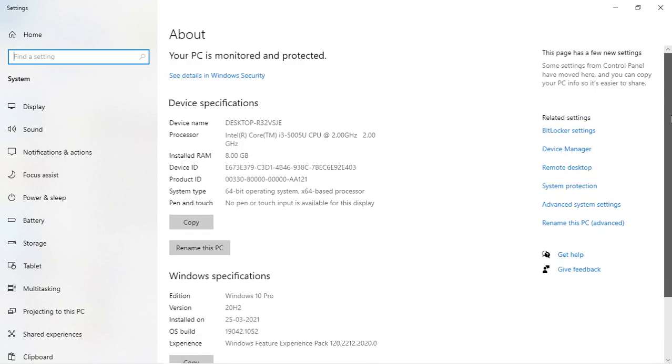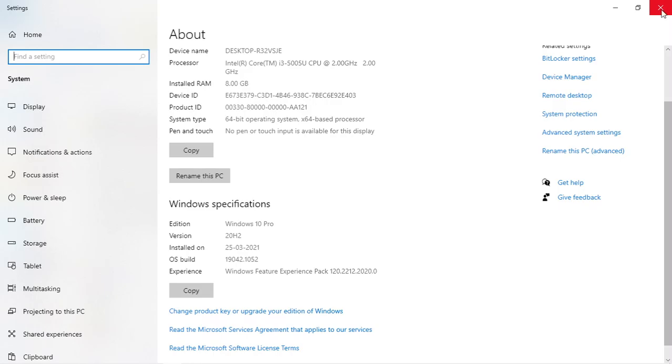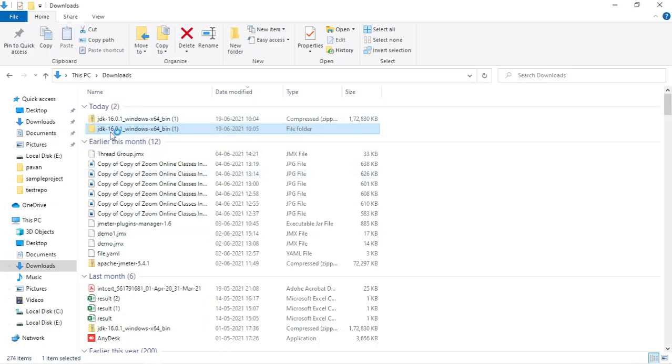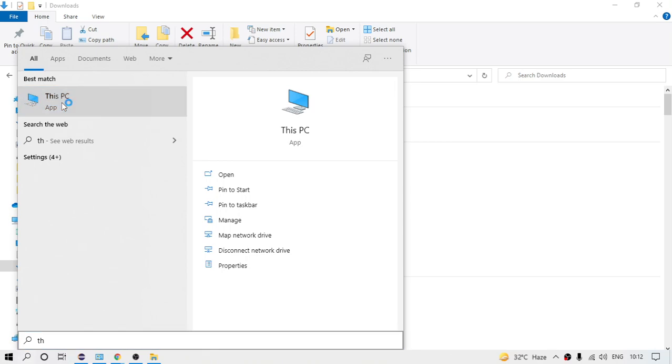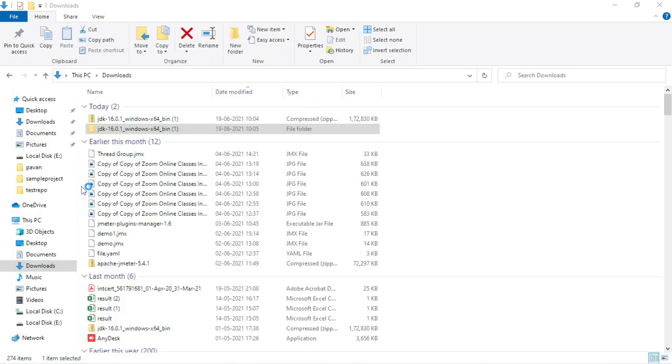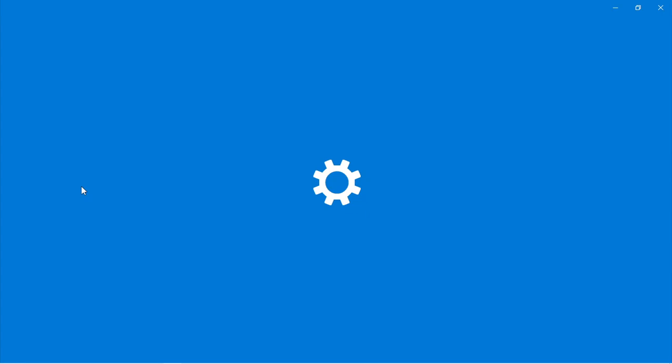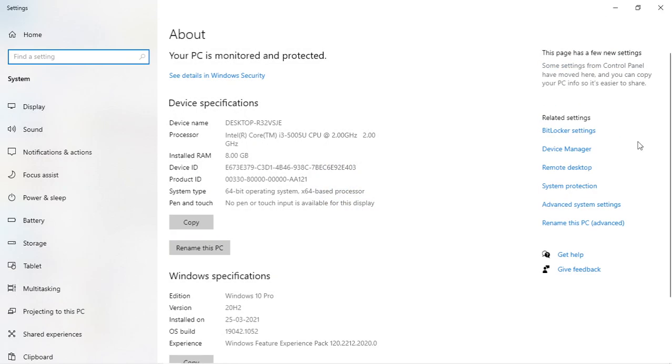Wait. Now, the Java folder is present here, but our computer or system does not know where Java is located in our machine. So let us first give it the knowledge by setting a variable. Go to My Computer or This PC, right click on Properties, and go to Advanced System Settings. Click this.